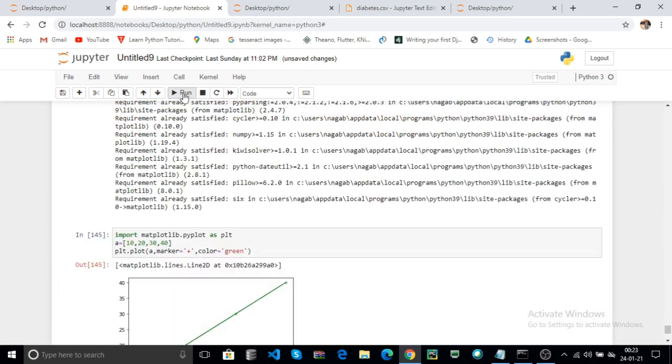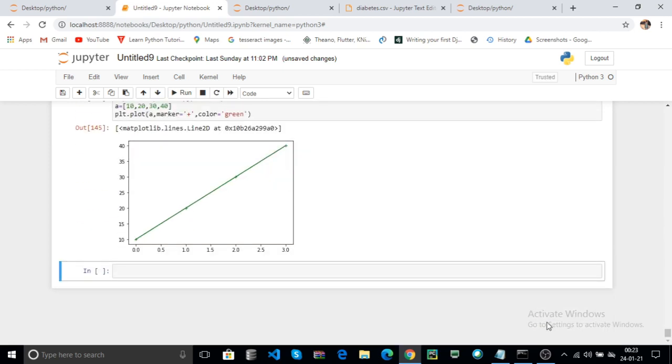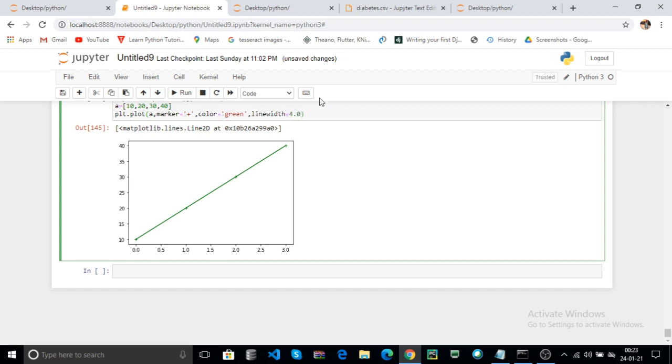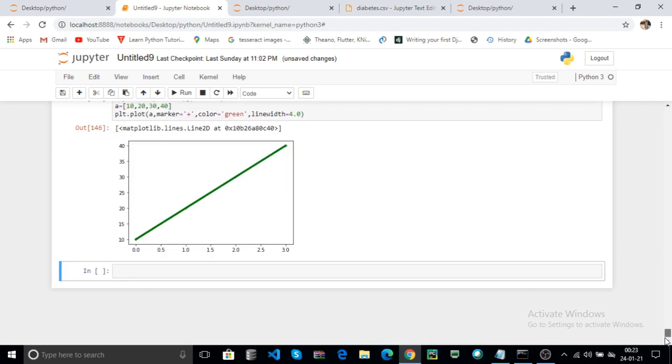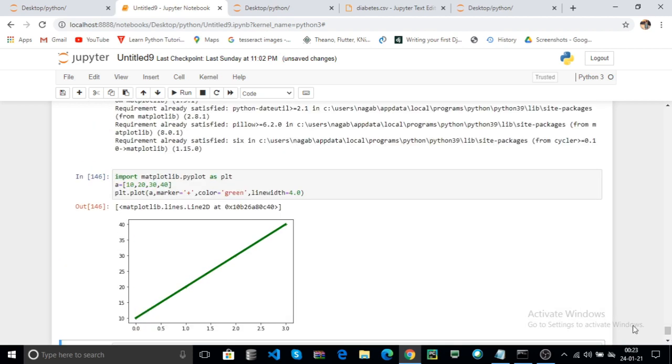Click on run. These are the parameters of plot. Now the line color is green. You can also use line width. For example, I use 4 as the width of your line. Here it returns with your line width as 4.